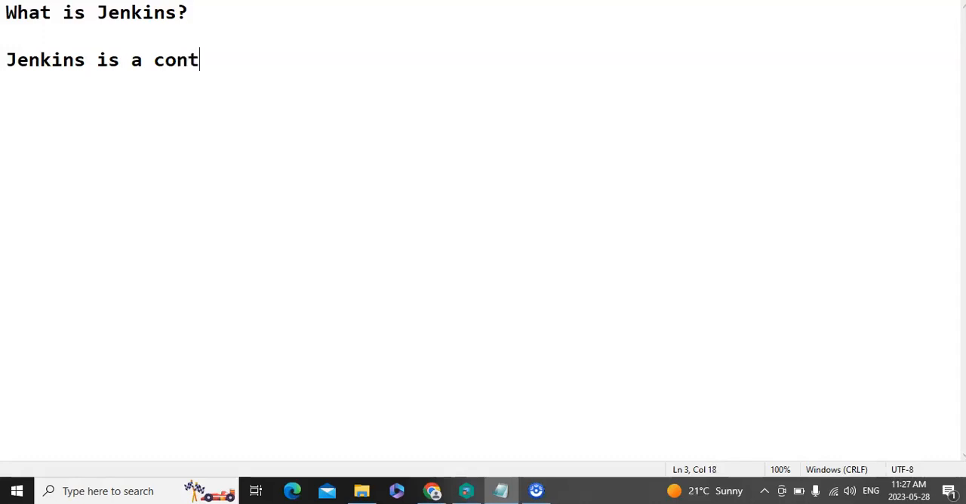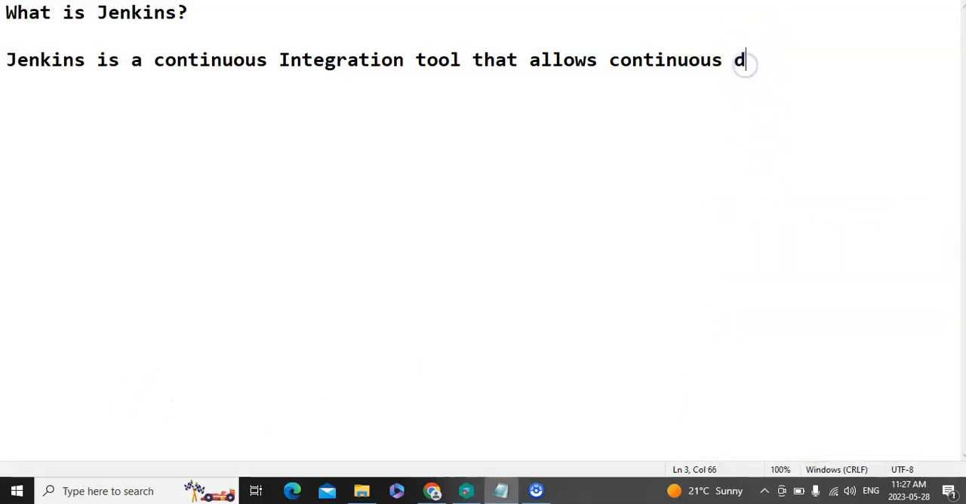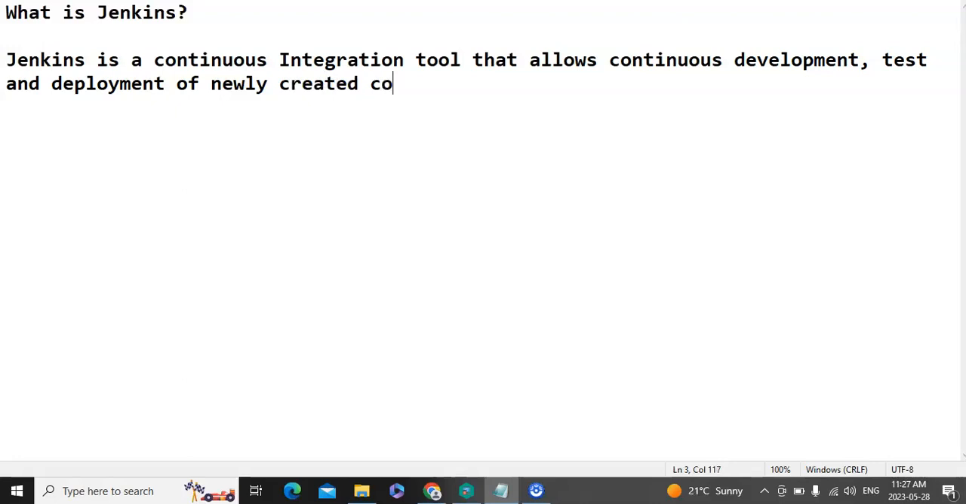Jenkins is a continuous integration tool that allows continuous development, test and deployment of newly created codes. Okay. So basically it's a continuous integration tool or CI tool that allows continuous development, test and deployment of newly